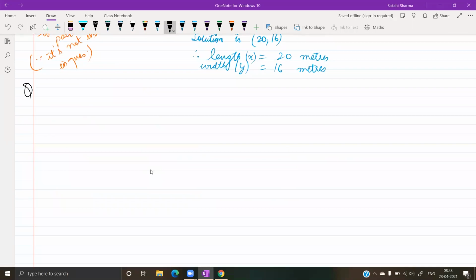Question number 6 done. 7th, you have to draw the graphs of the equations given to you. The equations are x minus y plus 1 equals 0 and 3x plus 2y minus 12 equals 0. ये तो direct question है कि आपको इनका graph draw करना है. You will be doing it on the same sheet. After that, you have to determine the coordinates of the vertices of the triangle which is formed by these lines and the x-axis. So if you can quickly work out the pairs of values for each of the equations.